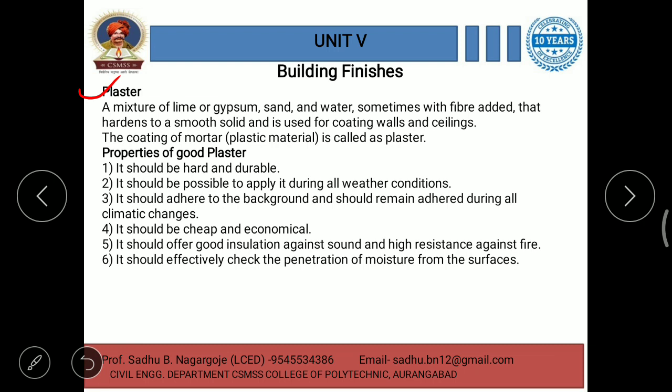Then, what are the properties of good plaster? This is a separate question again asked in the exam. Properties of good plaster means how our plastering material should be. It should be hard and durable, sufficiently hard and durable. It should be possible to apply it during all weather conditions. It is a very important property,